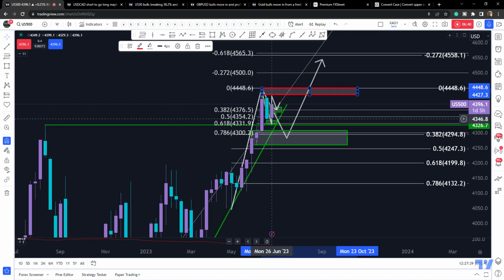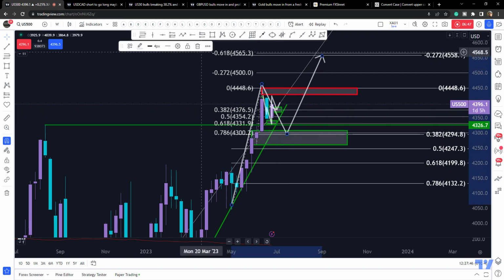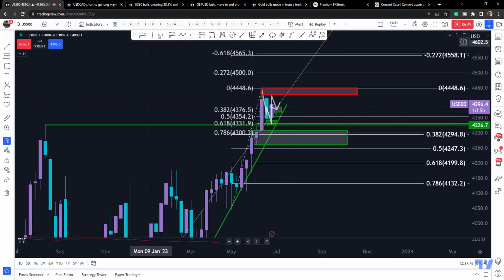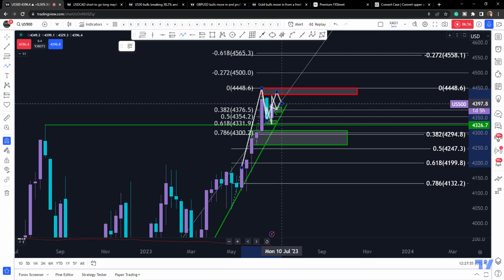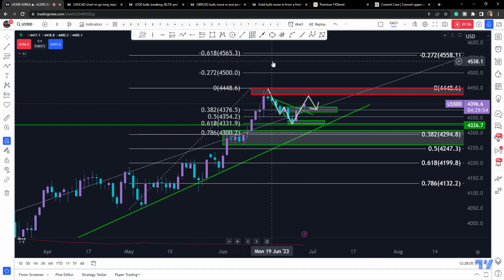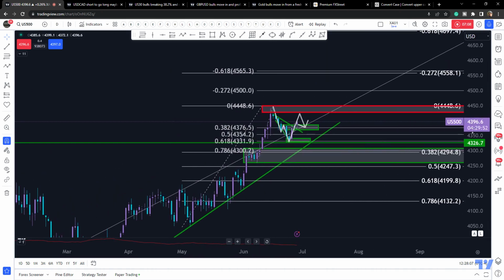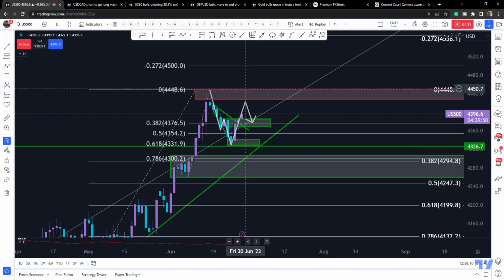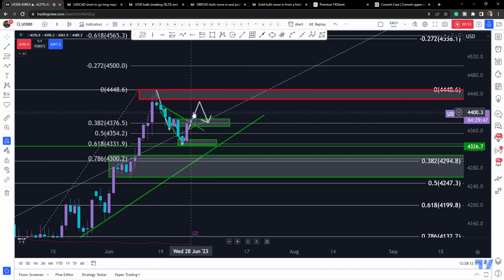So what we might see, if the daily chart is going to be bullish, we might see this weekly scenario still play out, but we might see, for the time being, that sort of scenario. But we don't know. We're just sort of speculating. So anyway, we're planning for possibilities. That's what we're doing on that. But for the time being, I think what we're going to see is a continuation higher